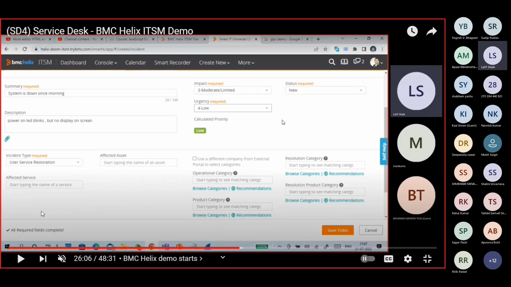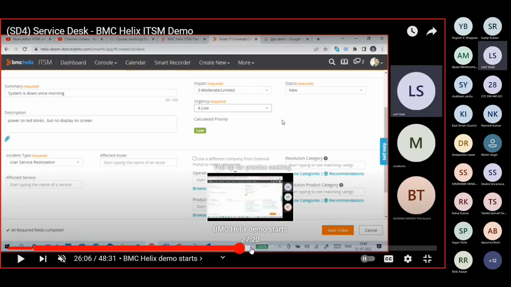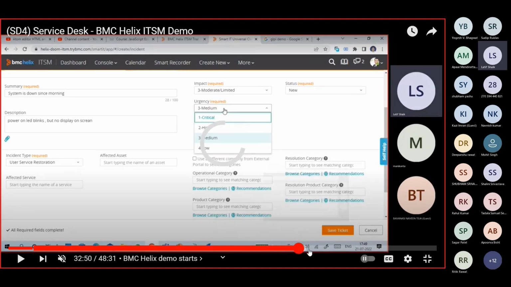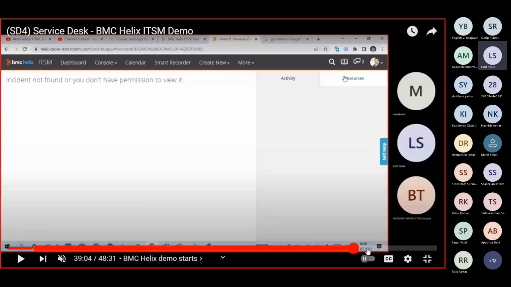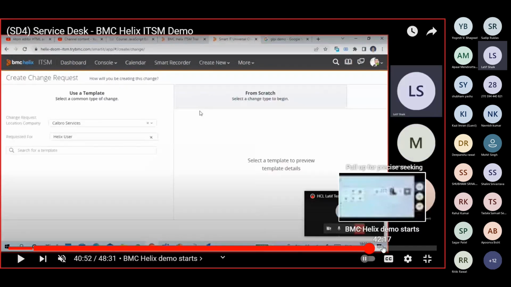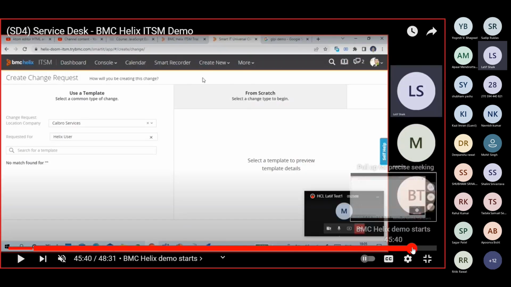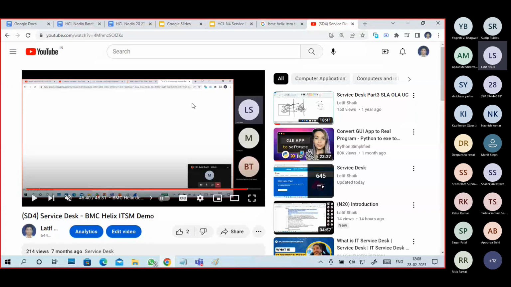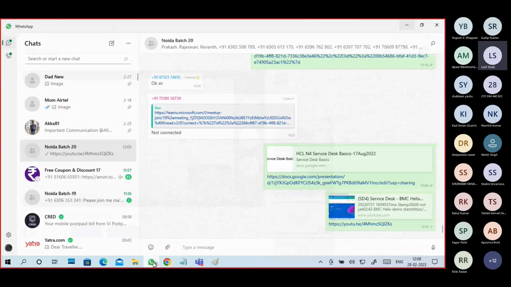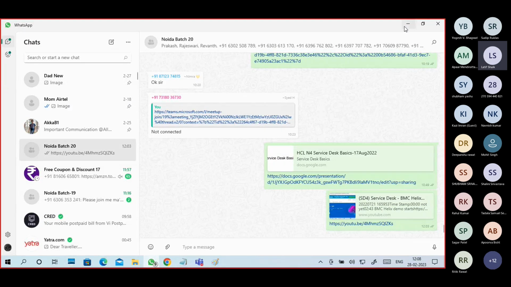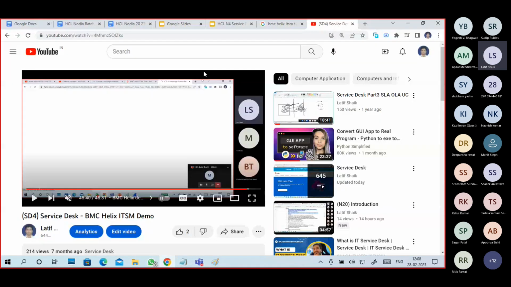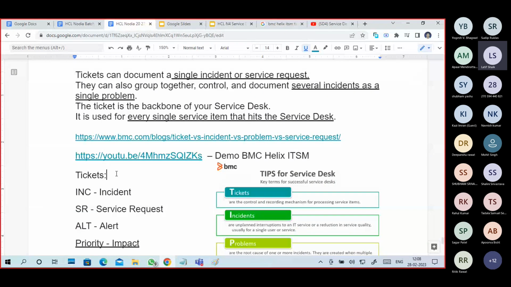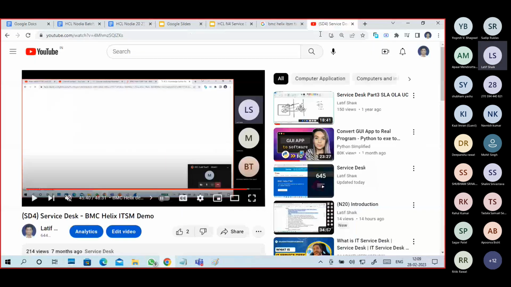Okay, this is status: assigned ticket, in progress, pending, and that stuff. So impact, like this. So here I try to explain what is the ticket, how to create a ticket, and what are the things in the ticket. I try to explain this. Already I have given it to your WhatsApp, so please try this one. Two more videos are there, guys. We have taken a demo session with Freshservice, Freshworks. Now change it to Freshworks. This is BMC Helix.